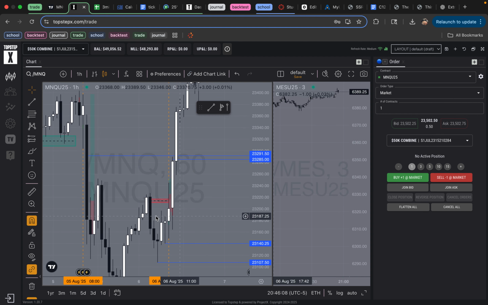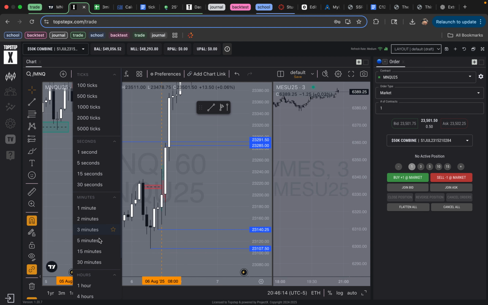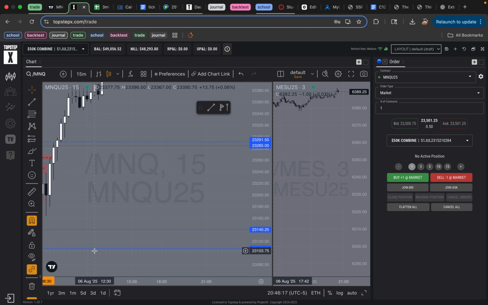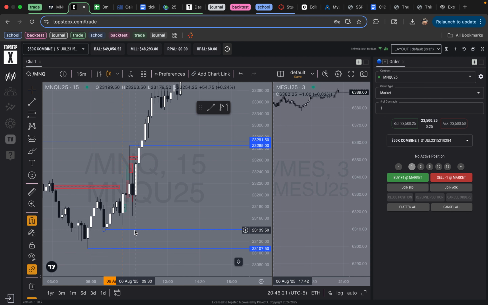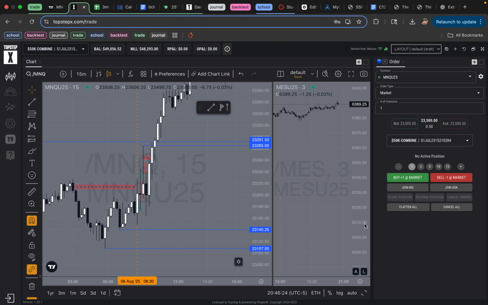Yeah, so we tapped this gap and we inversed this. This is like the last thing we inversed. So I'm bullish. Go ahead and drop to the 15. I already knew how the trade would have went. Okay, so there was actually nothing in the 15, but let's see if there was an SMT or not.